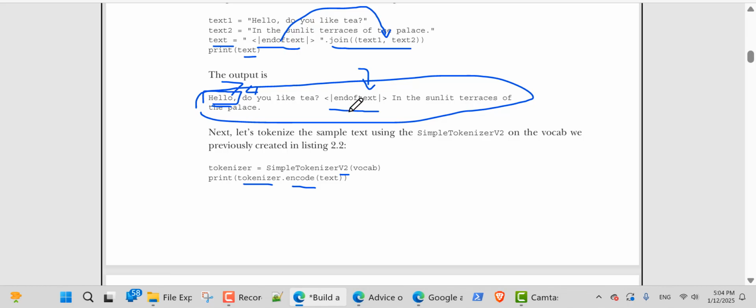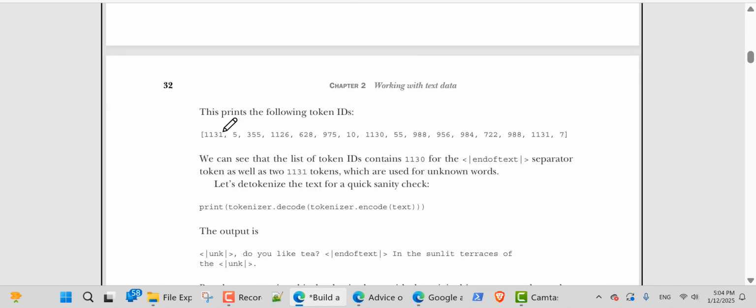So this is going to be large, and because this is unknown, it's also going to be large. It's represented by the token unknown, the unknown token. And actually, I think this one is at the very end, and this one is the second to last in the vocabulary. So this will be one unit larger than this in terms of ID. You can see this is 1131, and this is 1130. So these are the last two